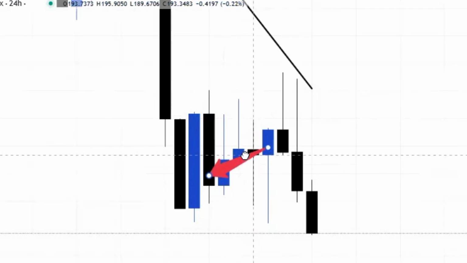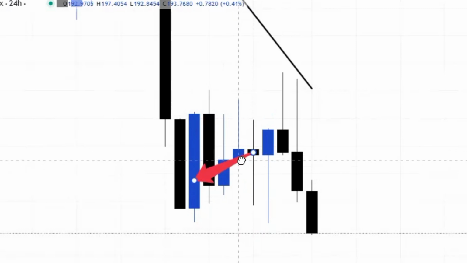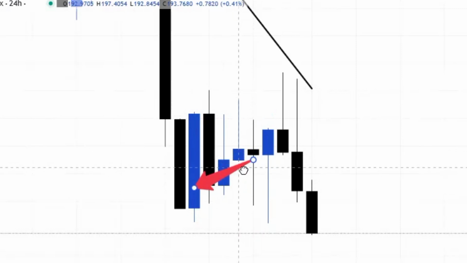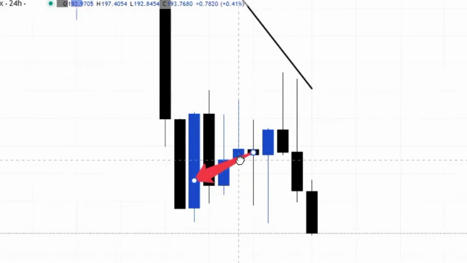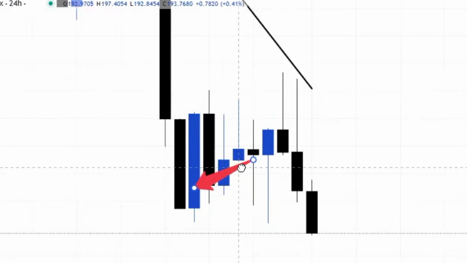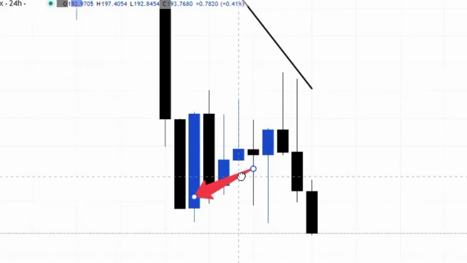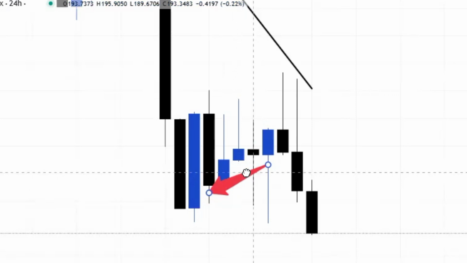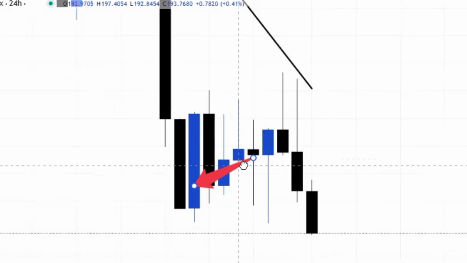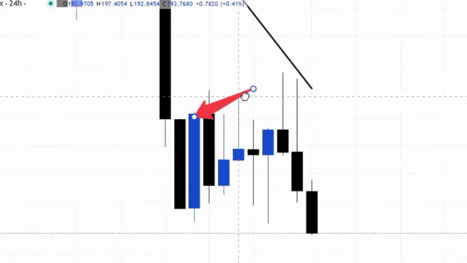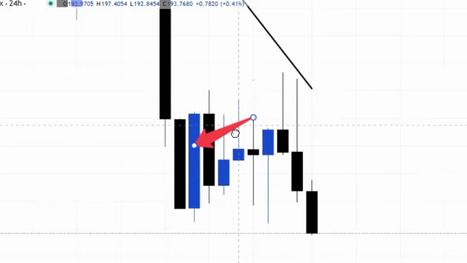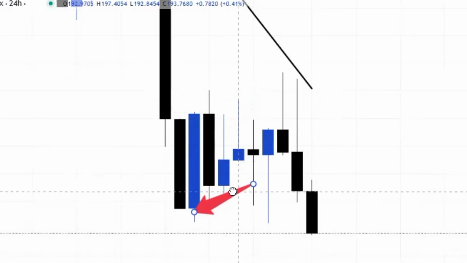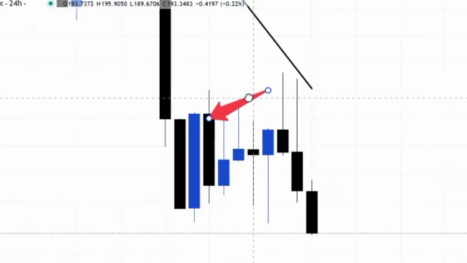That is why it's very important to understand what is happening on the higher time frame. And if you're a day trader, most especially, you need to understand what candle is opening or forming on that particular daily time frame. Now you see this closed in favor of the buyers after opening here, and you can see it closing bullish for that day.